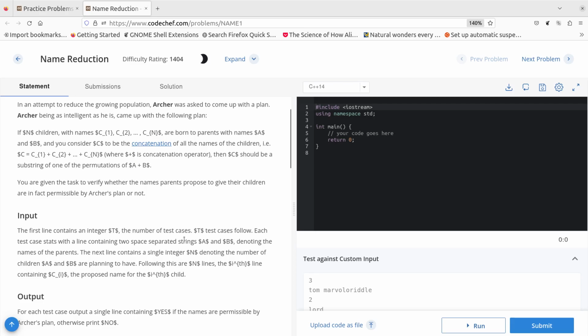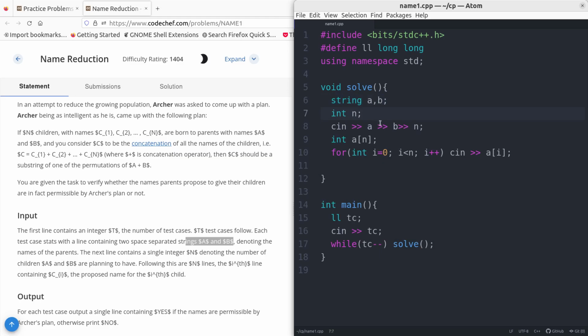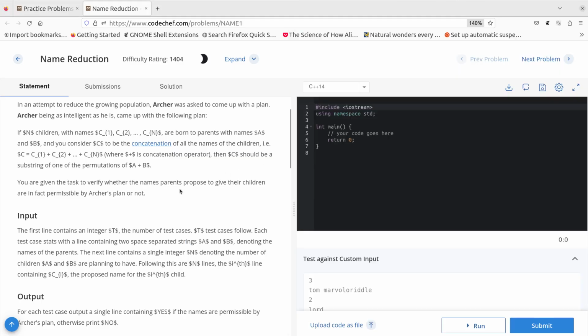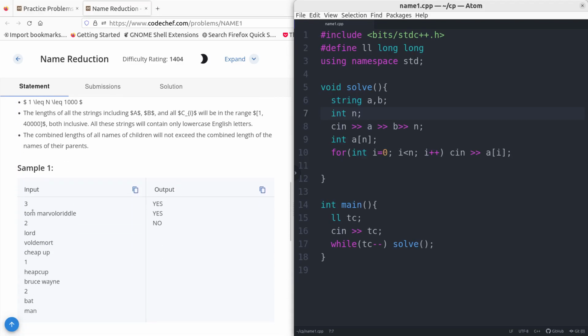Okay, this has two space separated strings, right? So I was confused, that's what I was thinking. We have strings a and b, and then we have the integer n. First, for every test, they will give the number of test cases, then we read a and b, then we read the number of children they are hoping to have, that is 2. After that, we need to check if Lord